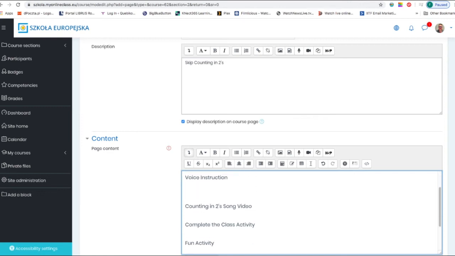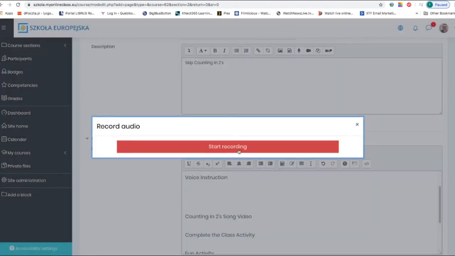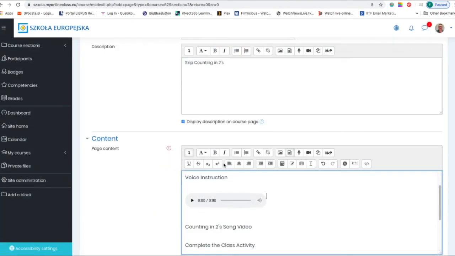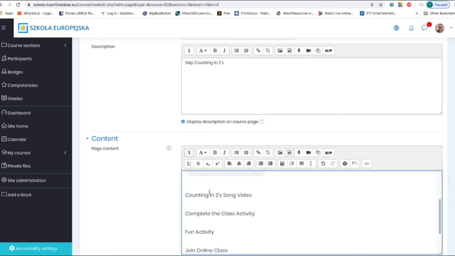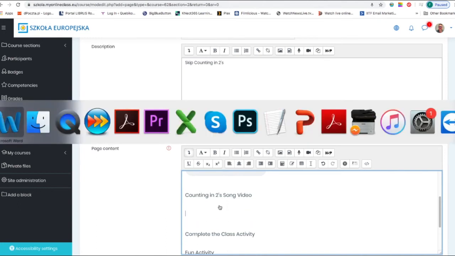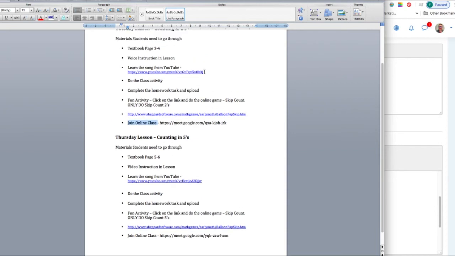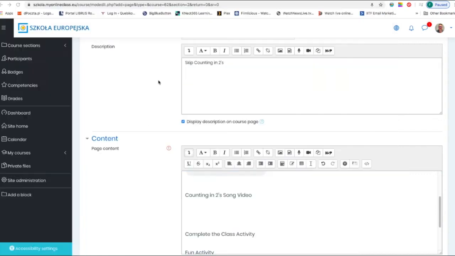And now I'm going to do a voice recording. So I click on this little button here to give some instruction. And this voice recording is to give you instruction on how to count in twos. Now I can stop the recording and I attach the recording, and there it goes into that portion. And now I have a counting in twos song video, which is in YouTube, and I have already copied the link, and I just go and from my document, right click, copy, and from here right click, paste,